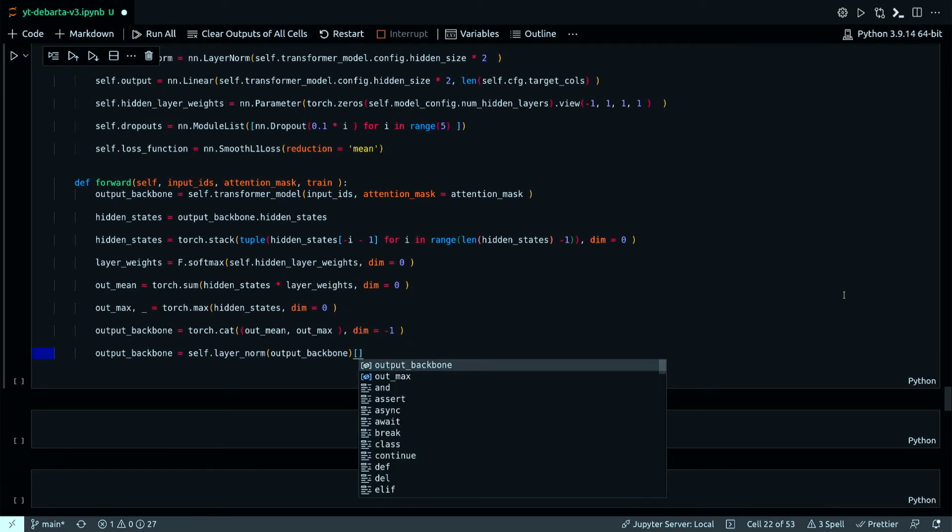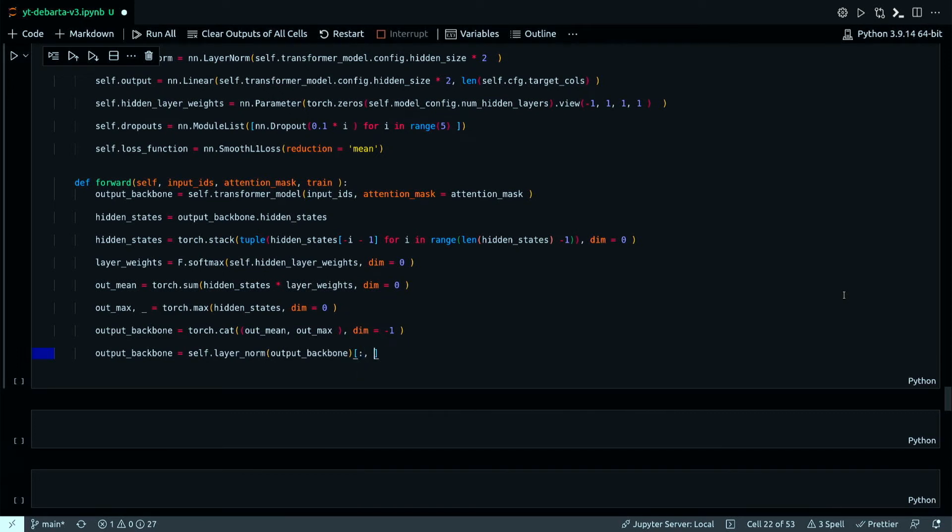Then from here, I'm going to take everything from the first dimension, 0 from the second dimension, and everything from the last dimension.